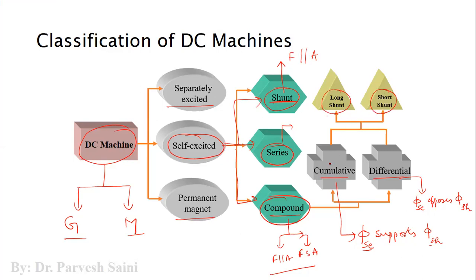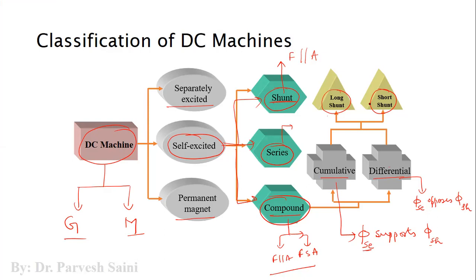So in cumulative compound DC machines, we have long shunt as well as short shunt. In differential also we have long shunt as well as short shunt. So both types of machines we have in compound wound. These categories which you are seeing on this slide are based on the excitation provided to the field